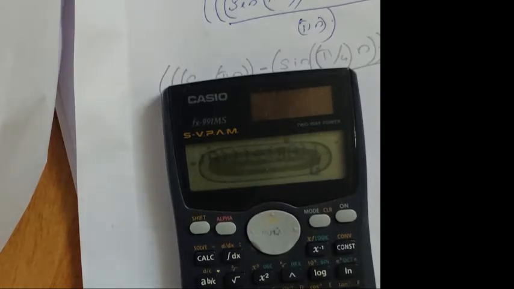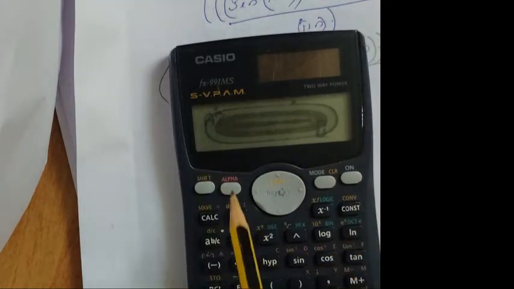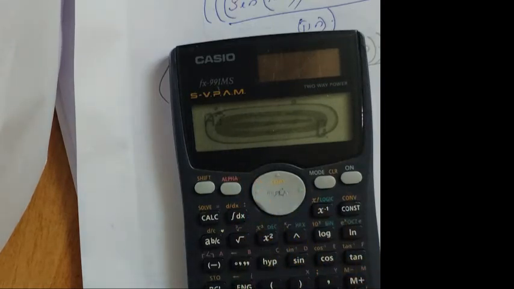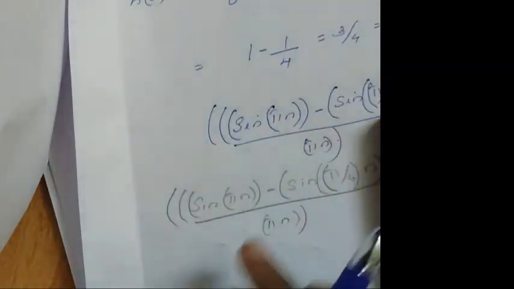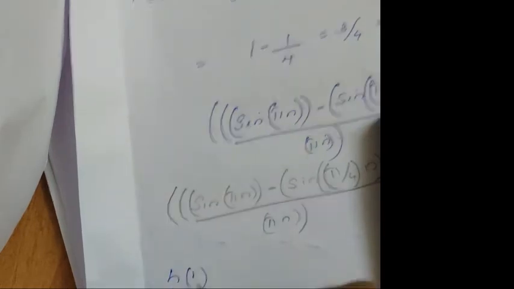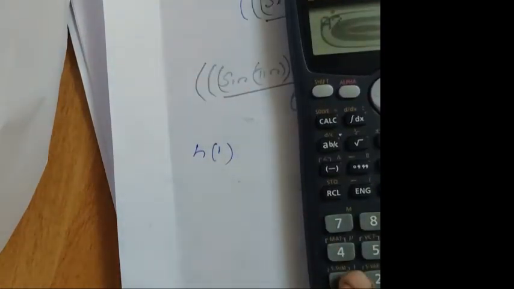Okay, now instead of pressing equal, you have to directly go to calc. You can see calc. If you're giving calc, it will ask the value of a. You're giving alpha a, isn't it? So it will be asking the value of a. For value of a, now what you have to find? You have h of 0. You got h of 0. It is 3 by 4, that is 0.75. Now you have to find h of 1. For h of 1, you have to give calc A is equal to 1.